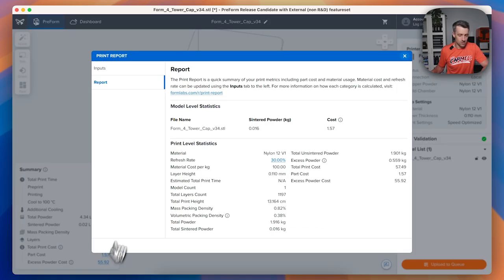The next thing you can do is you can go back in by clicking one of these blue links and go into the report. It'll bring you right to the report, and you'll see in here that you'll get a list of the model level statistics. So you'll get a list of all the models, their sintered powder, and then their cost. This cost is based on the total sintered powder that's used. So in this case, the tower cap is 16 grams, and the cost of that, just that sintered powder, is $1.57. Down here, you'll see all your normal statistics, such as mass packing density, model count, layer height,